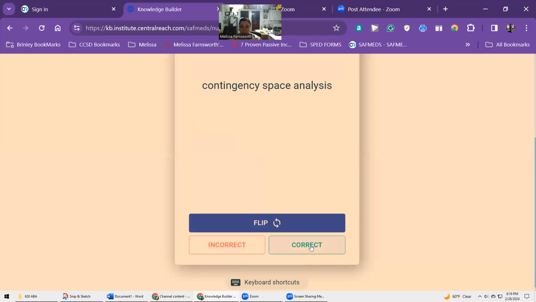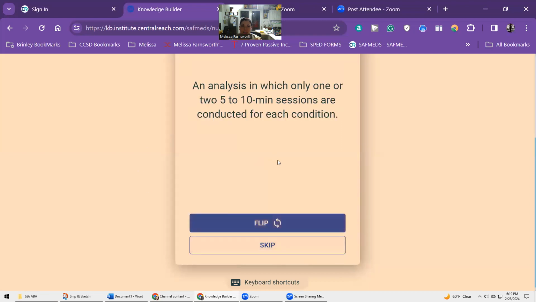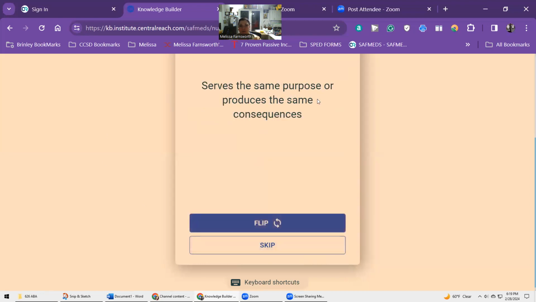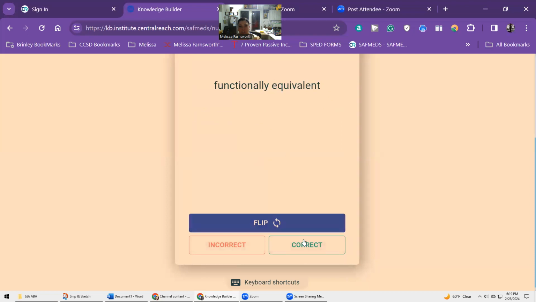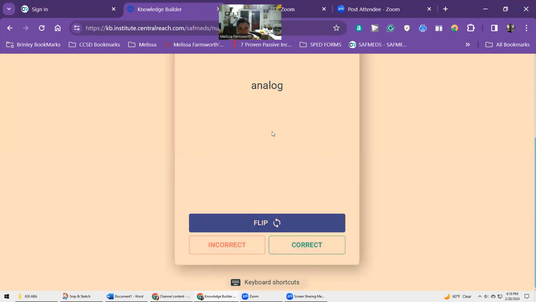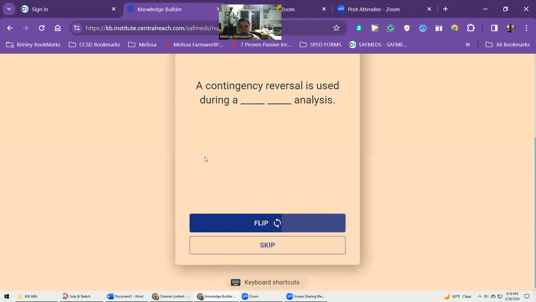Contingency space analysis. An analysis in which only 1 or 2 5 to 10-minute sessions are conducted for each condition. Brief functional analysis. Serves the same purpose or produces the same consequences. Functionally equivalent. Functional analysis is sometimes called blank because of the arrangement of variables. Analog. A contingency reversal is used